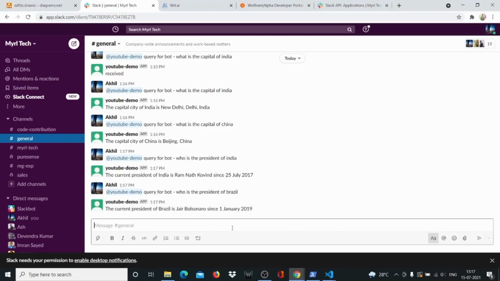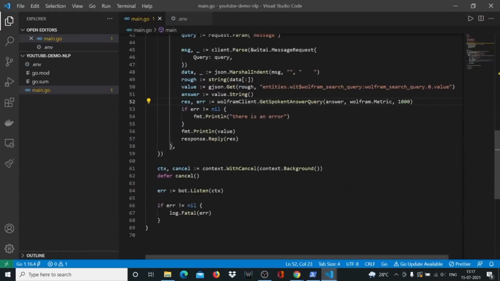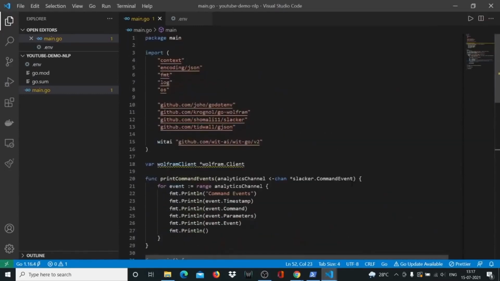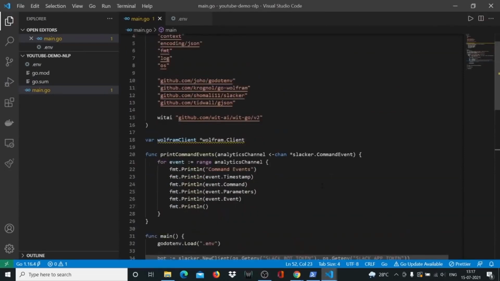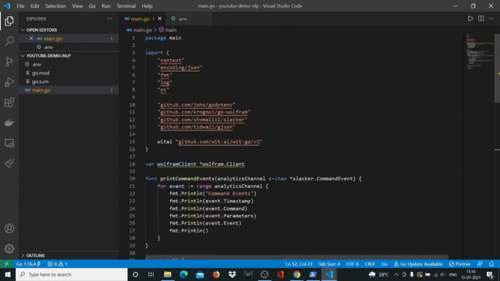So I hope you learned a lot in this video today and you built something really exciting. And this is a very, very powerful bot. So by the way, if you're somebody who's looking for a job in Golang, I don't think there's a project that's better than this to show off your skills, right? Because you're using Golang, you're using Slack, and these awesome packages, right? Environment packages and the JSON package, and you're using Wit, you're using Wolfram, and then the sky is the limit